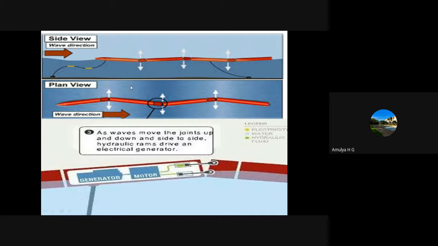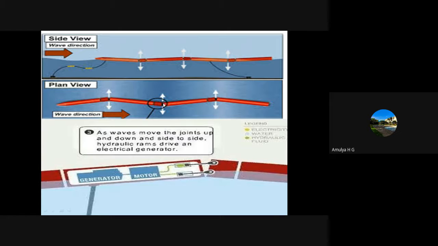Each PLMS has three or four power modules. Here you can see there are four power modules, and they are joined with the help of tubular sections. The waves cause these modules and the tubes to move in relation to each other. Due to this, the motion in the upward and the downward direction is resisted by the hydraulic ram which is connected to the tubular joints.